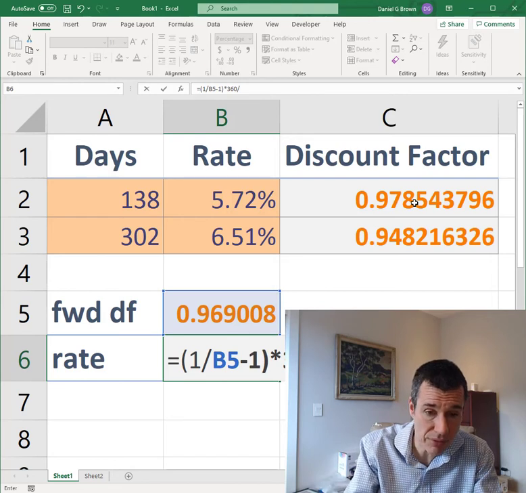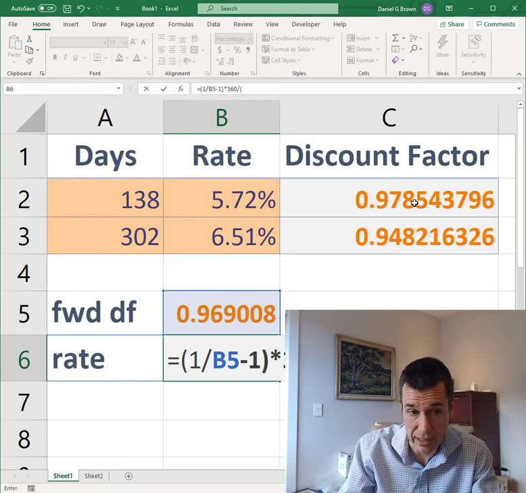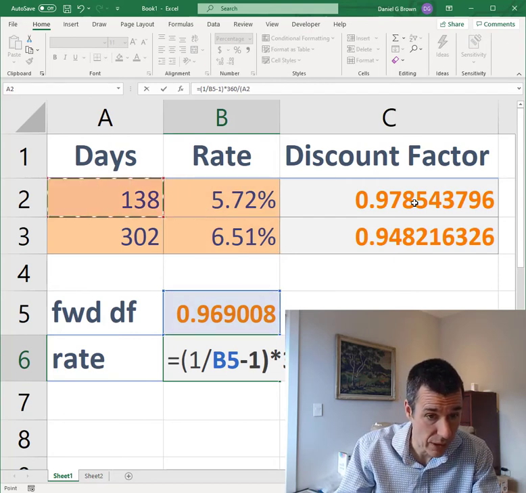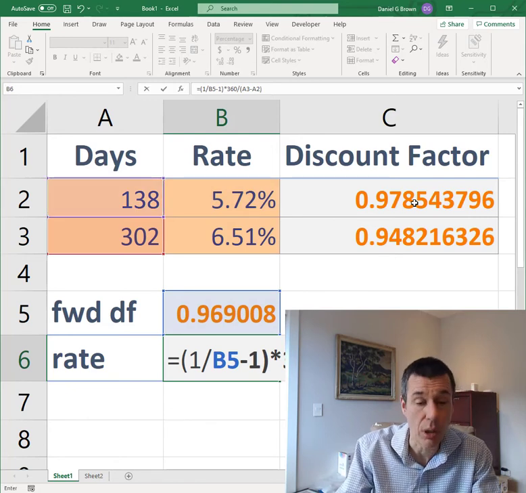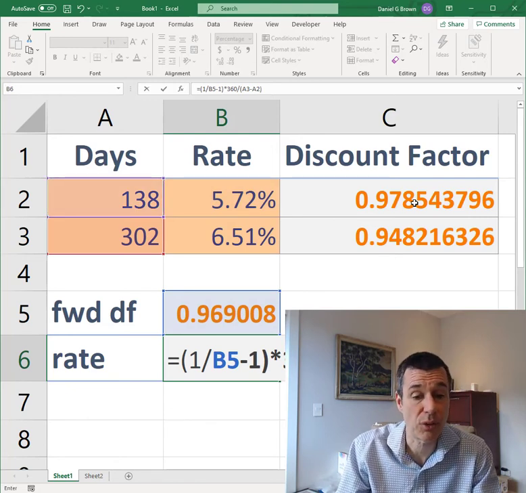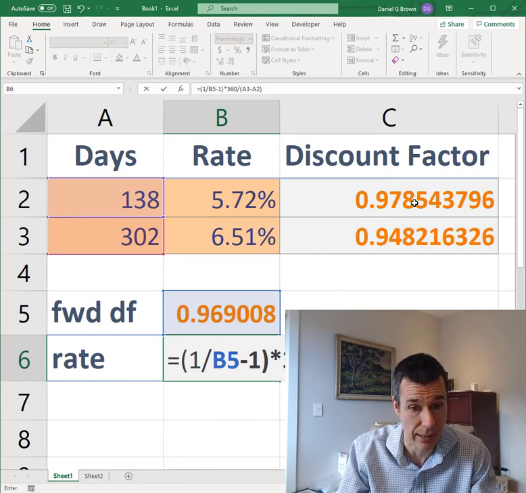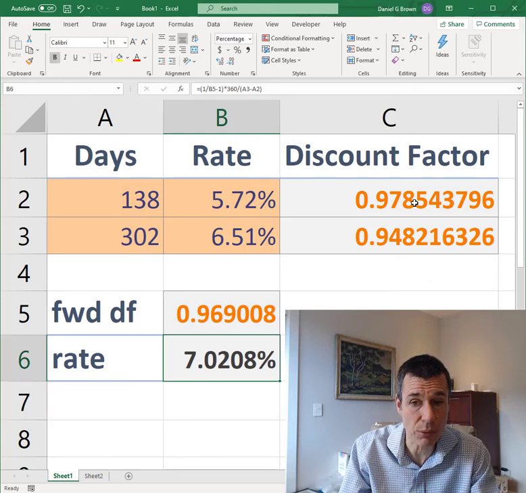This is divided by the number of days that this rate is valid for. This rate is between 138 and 302 days, so we take 302 minus 138. So 1 over the discount factor minus 1 times 360 divided by 302 minus 138. So we get a rate of